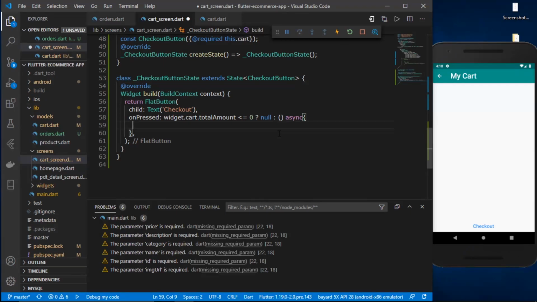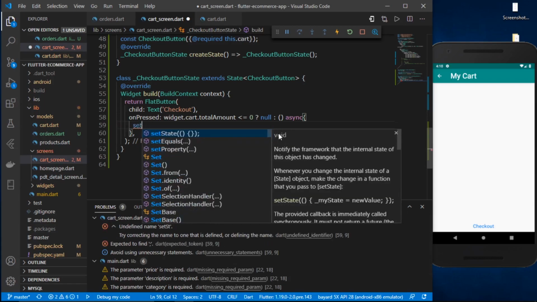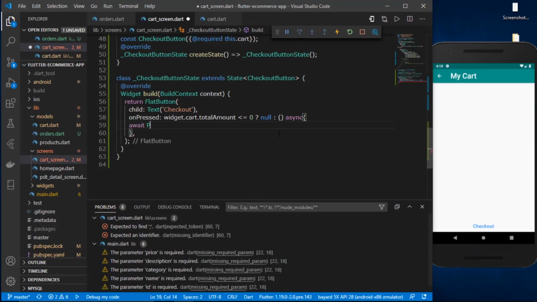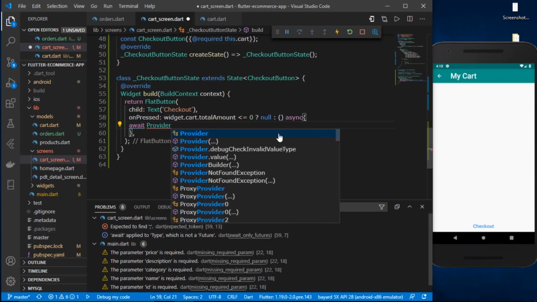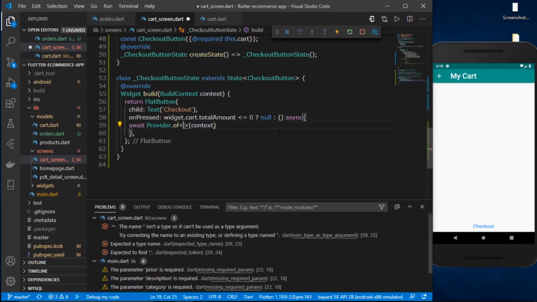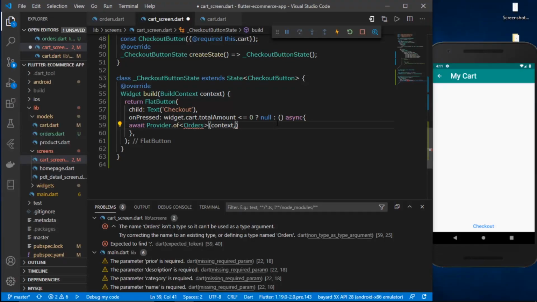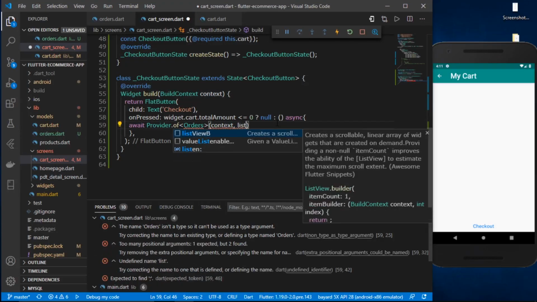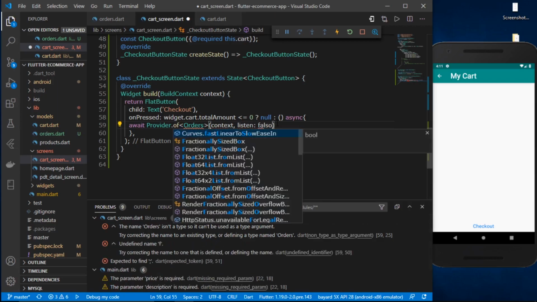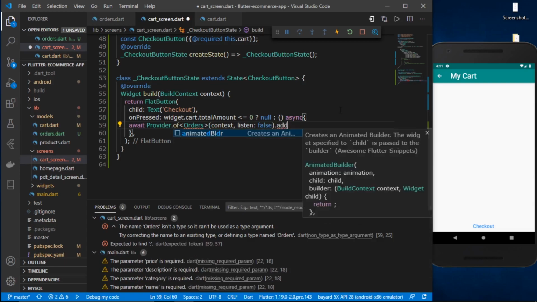So we need to post the order. For that, we can just await for the Provider.of, and it would be the Orders. We want to access the Orders class, and I'm going to set listen to false, because we are not going to listen to the provider, as there will be no changes on the button. And then we can access the addOrder